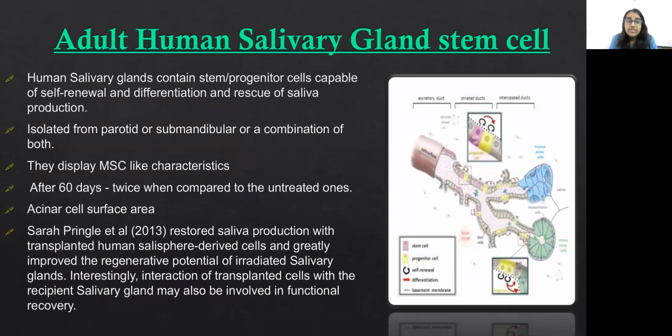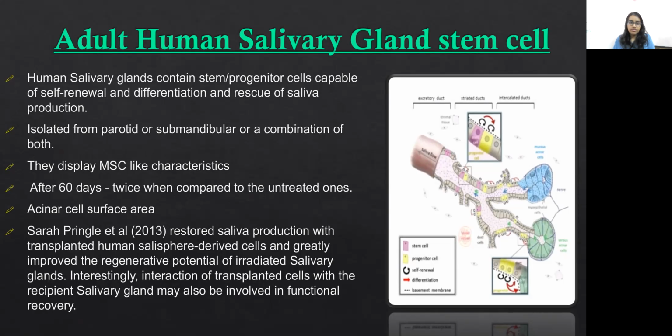Yeah, so next is adult human salivary gland stem cells. This is also one of the easiest to isolate. They are self-renewable and capable of differentiation. Actually, this is a property of stem cells, but these cells have specialized characteristics because they are taken directly from the salivary gland itself. So these stem cells have a better potential to differentiate. They are isolated from the parotid or submandibular gland, or both in combination could be used, and they are quite similar